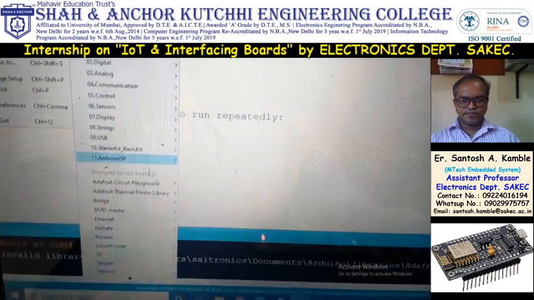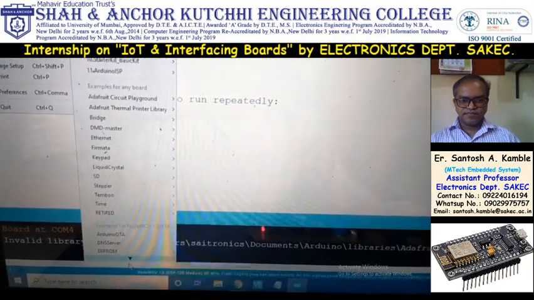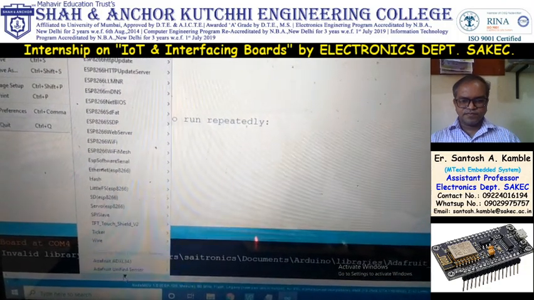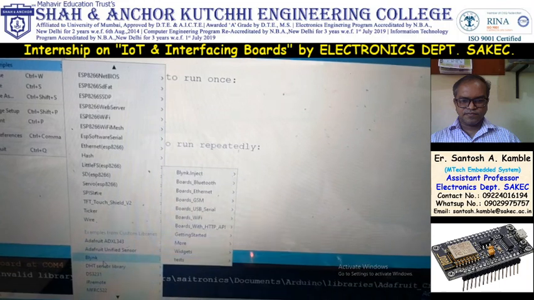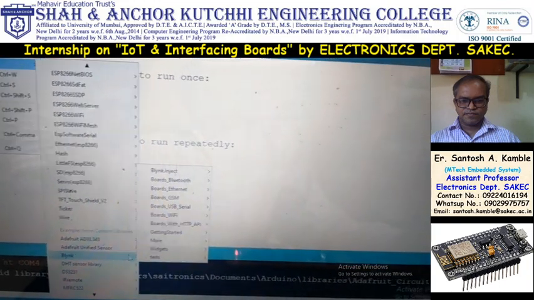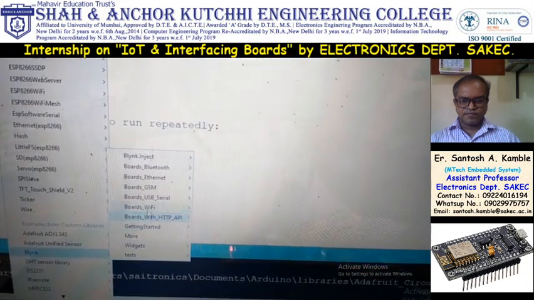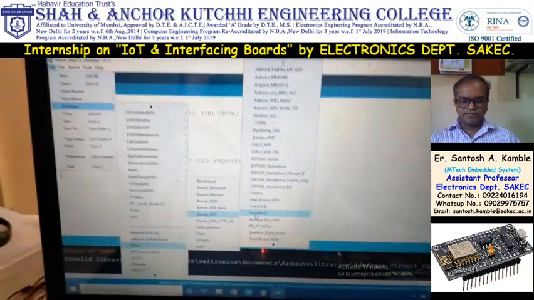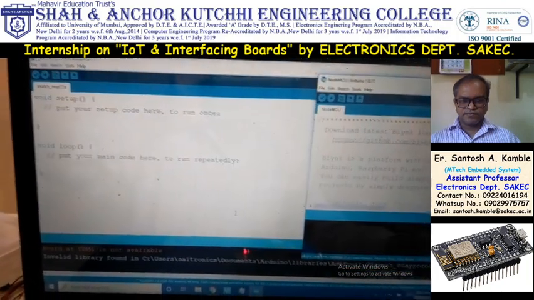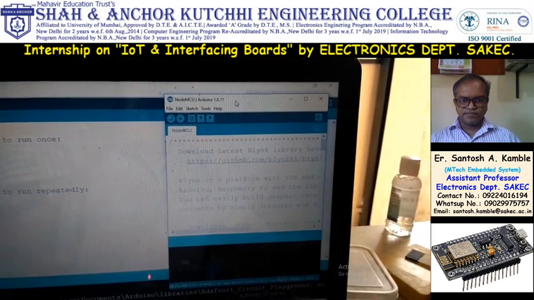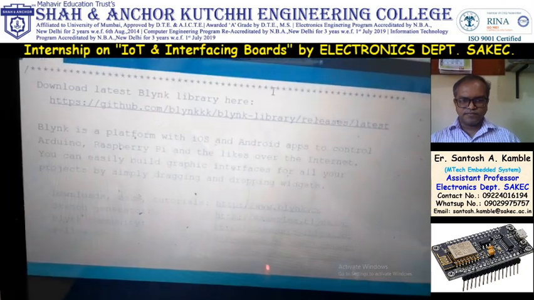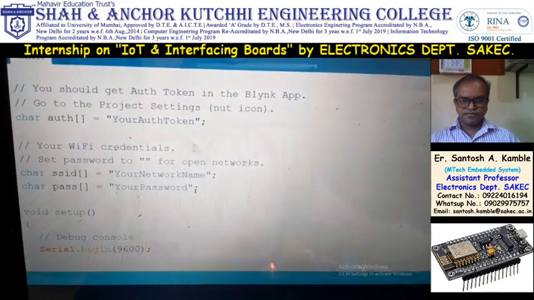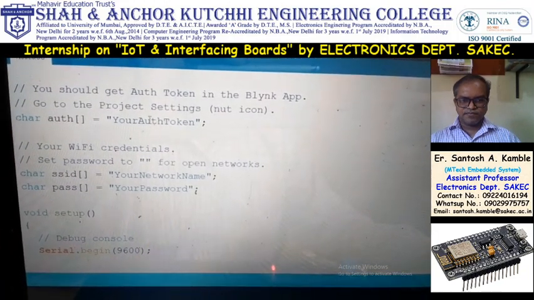Then in Examples you have to search for Blynk, then in Blynk search for Boards WiFi, and in Boards WiFi search for NodeMCU. Click on NodeMCU, and the program will open. In this program you have to write down the authentication token.